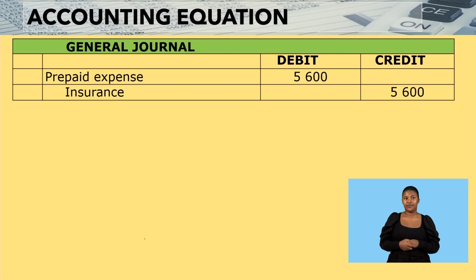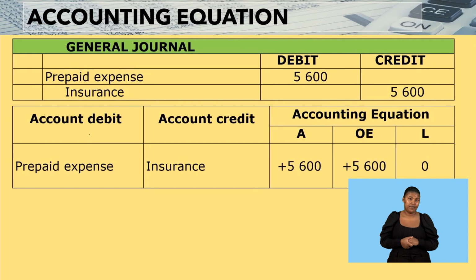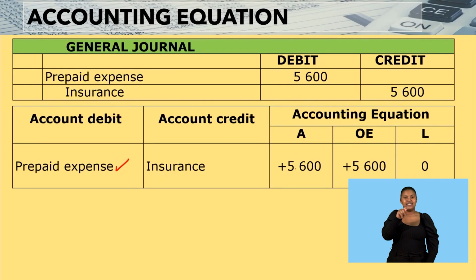Once your general ledger is complete, you can then come to your accounting equation. In the accounting equation, it is important to know the type of account that you're dealing with. Here we have prepaid expense, so we debit prepaid expense. We consider it to be an asset to the business because we have paid for a service or goods that we have not yet received. That is for the next financial year. Therefore, we consider it an asset. So under my assets, I say plus